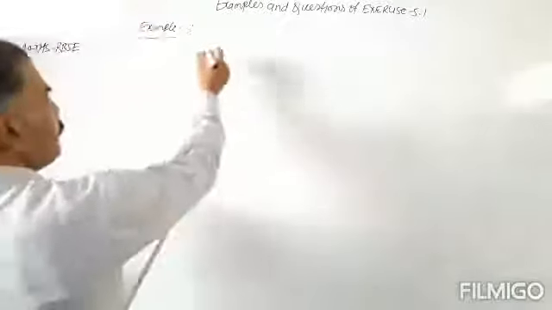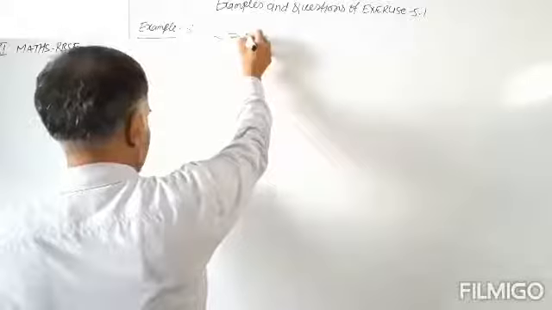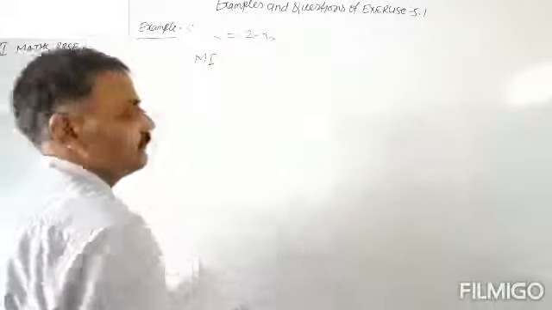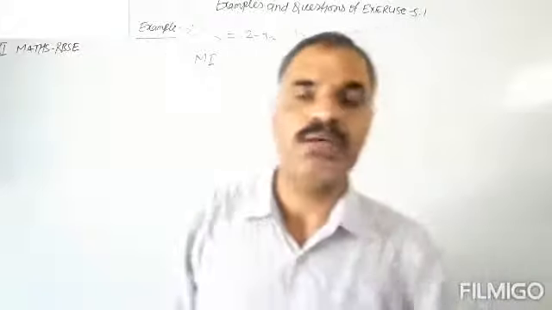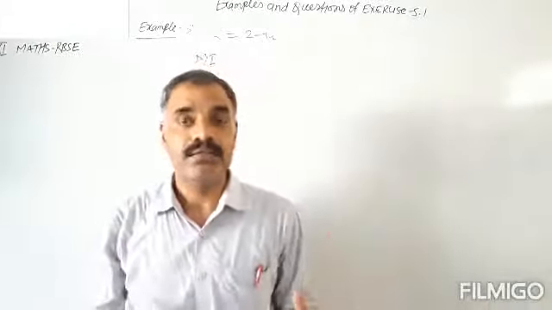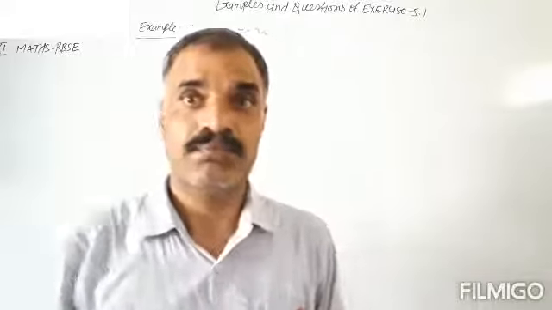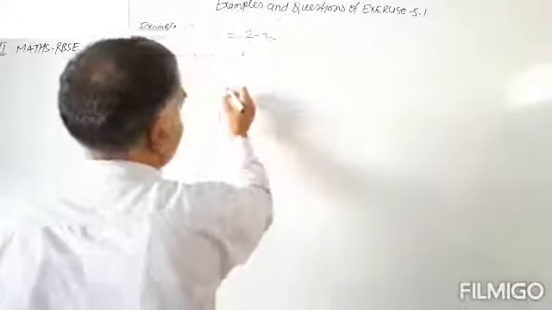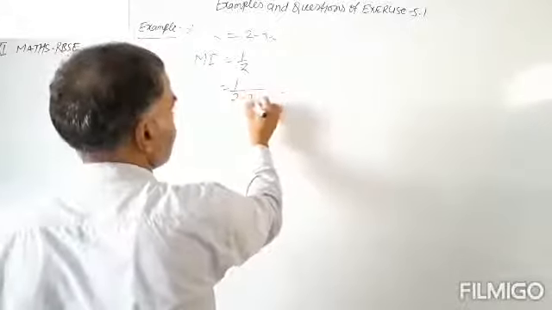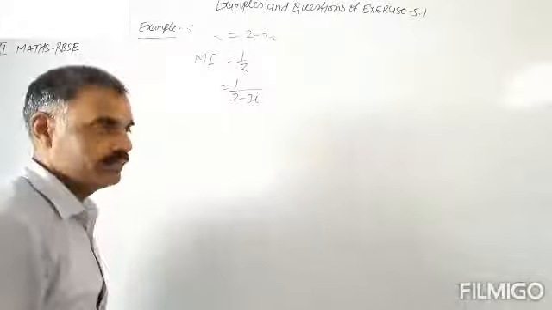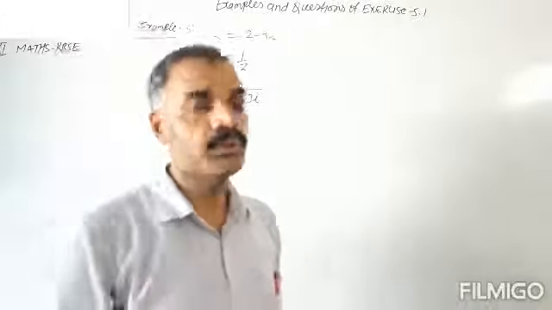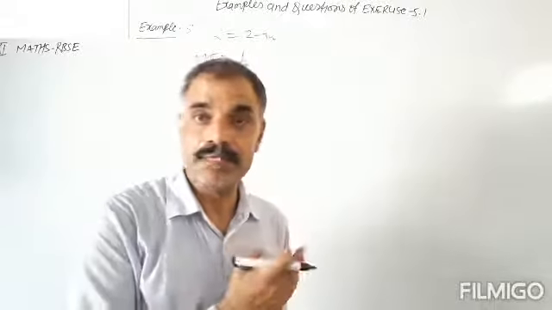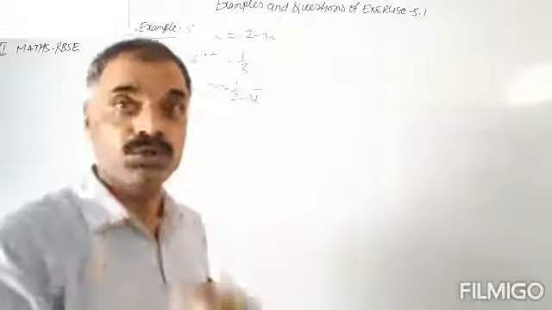Okay, so the given complex number is 2 minus 3 iota and we have to find the multiplicative inverse. The multiplicative inverse of the complex number z is 1 upon z. So 1 upon 2 minus 3 iota. This is the multiplicative inverse. But we have to put this in standard form a plus iota b. That is why we will multiply this by the complex conjugate.